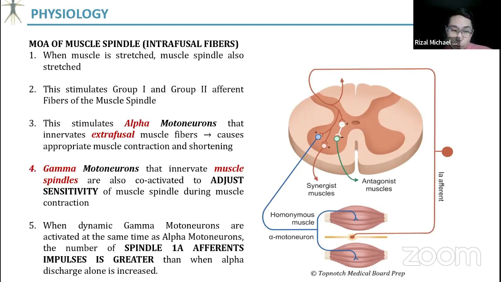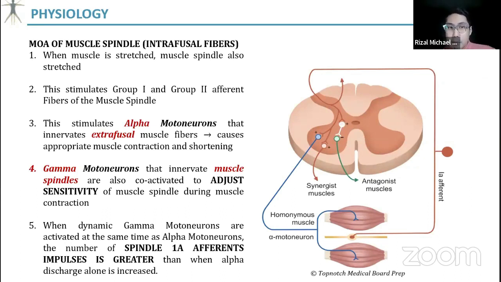And then it will also synapse with the inhibitory interneuron. Itong color white, okay? That's your inhibitory interneuron, which means that your afferent fiber will stimulate the interneuron to inhibit the antagonistic muscle. Okay? So again, your sensory afferent fiber will directly innervate the alpha motor ng target muscle, yung